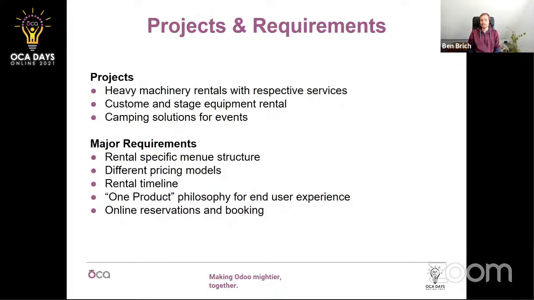The projects where we developed the code for and implemented the features are in heavy machinery rentals, mainly in the construction area, with respective services like maintenance and so on and so forth. Then custom and stage equipment rental, and camping solutions for events, which is very service intense, and a lot of things is happening around the actual